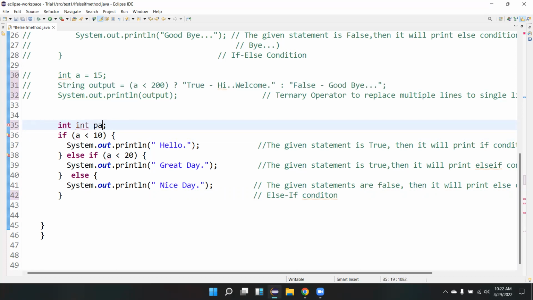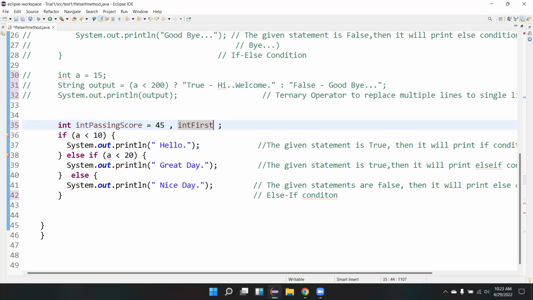I'm just trying to change this to make it a little bit interesting. Passing score equal to 45, and first division, okay. First of all, I don't depend upon these marks and all.